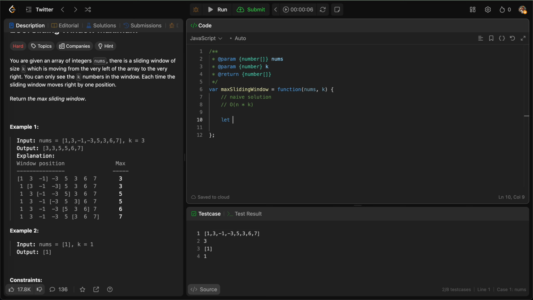So let's define the ending index, which is I. For I equals, it should be k, like 1, 2, 3. The index is k. And then I smaller than nums.length. And let's do a quick return here. So if nums.length is smaller than k,